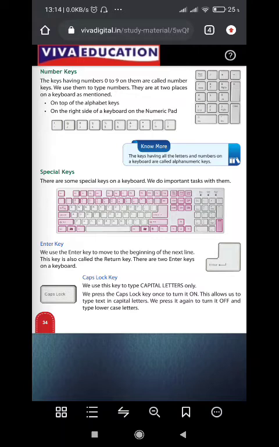This allows us to type text in capital letters. We press it again to turn it off and type lowercase letters. Again when we press this key once, whatever letters we type will appear in small letters.